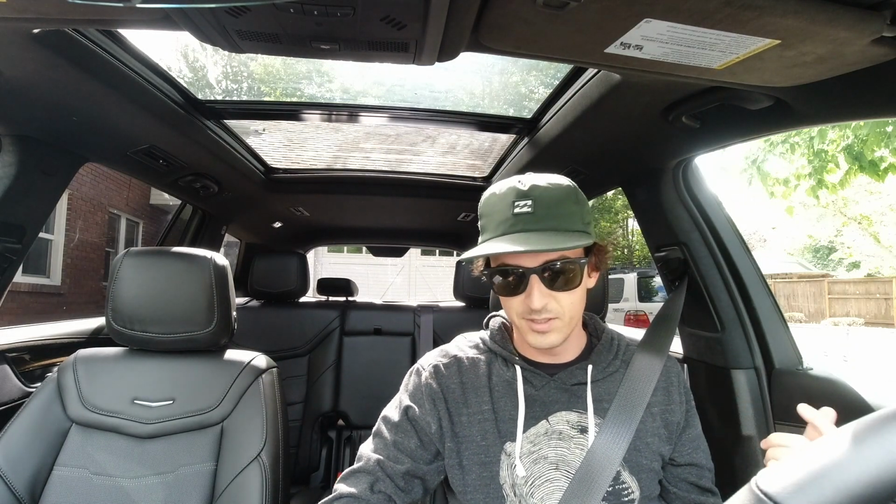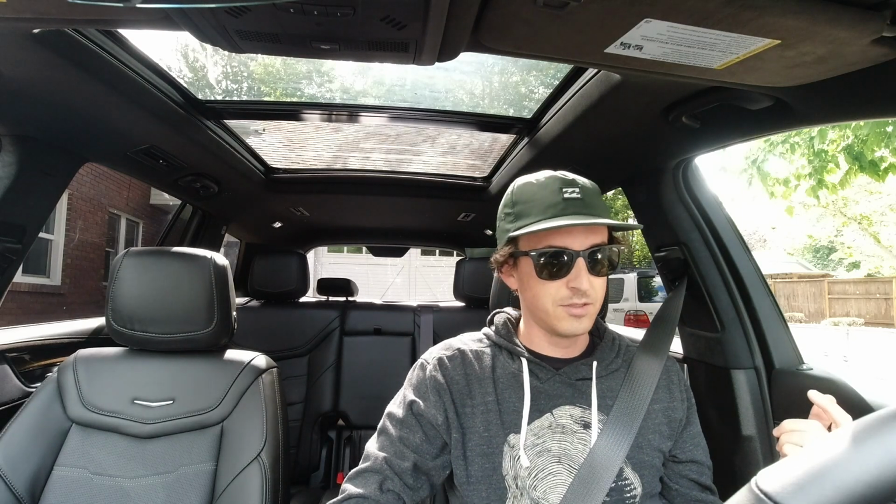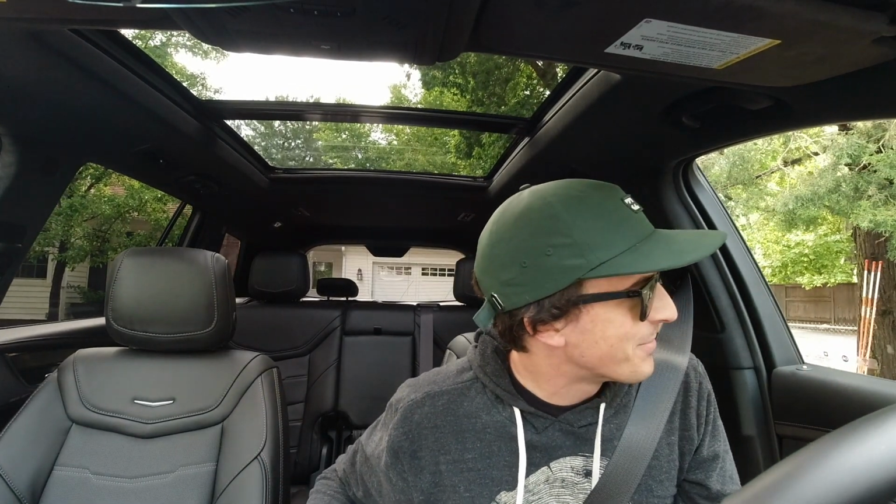Press shifter button. This baby hand shifter is really kind of strange to use. Okay, behind the wheel of the XT6, and there are some things that are wrong with it actually from behind the wheel. I was going to say that it's fine, and yeah, it's fine in a lot of ways,